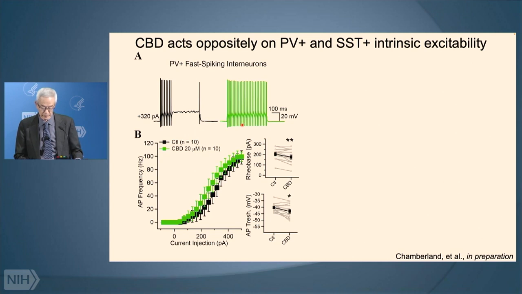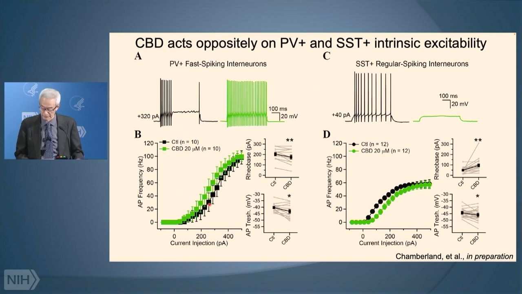Here's a fast spiking interneuron, and in response to CBD, the action potential frequency goes up significantly, particularly prominently at small current injections. So CBD enhances the intrinsic properties of firing of PV neurons. It has the opposite effect on SST neurons. So this is very clever because it's enhancing the excitability of the very neuron that is best positioned to mediate